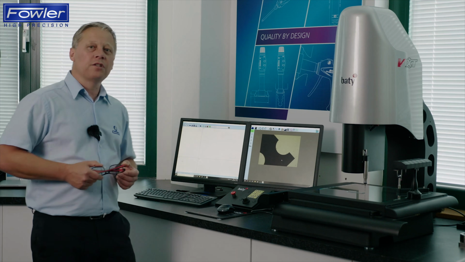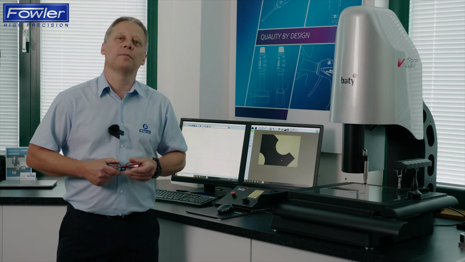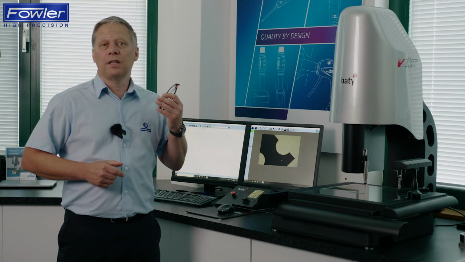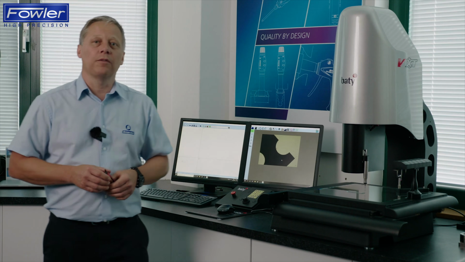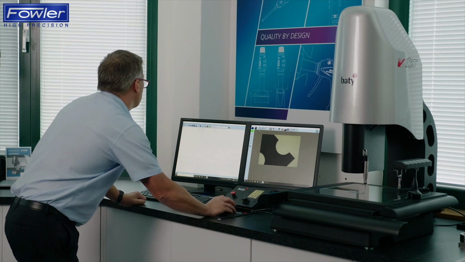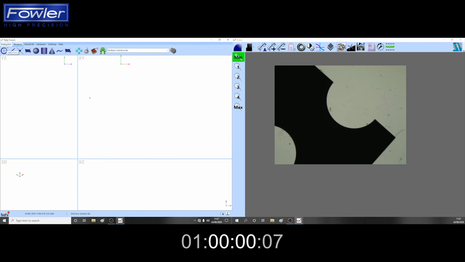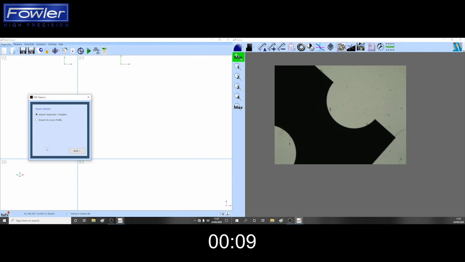I want to just finish this training session by reminding ourselves of another way that we can create a simple part program, and that's by using, instead of features that we're going to measure on the part, a DXF file, a CAD file that already has the information of the features that we want to measure. So just as a quick reminder, let's go to a new inspection here. I'm simply going to import a DXF file which describes and contains some of the features that I want to measure on this part. I'm going to choose to import this DXF as an inspection template, and I'm going to